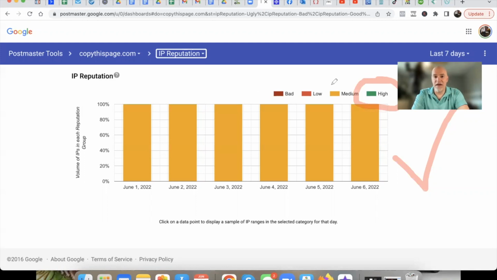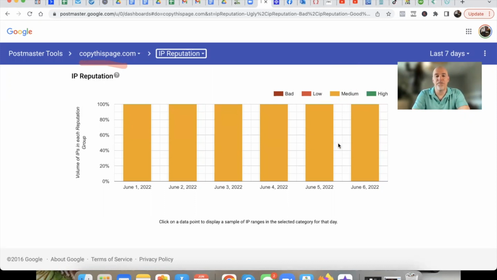Okay. So right now, this is a newer email. I've been using this for about a month now, give or take. So I have a medium IP reputation, which, to be honest with you, is actually pretty good. And I'm going to show you an example of what's not good. Okay. So this is pretty good. But again, you're going to want to keep an eye on this, because if it does go from medium to bad, you're going to want to make some adjustments. But again, we're going to talk about that when we get into other segments throughout this training series, like